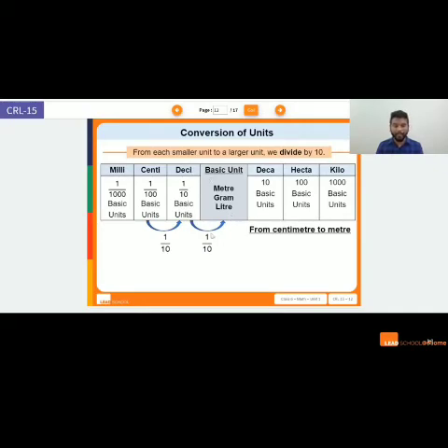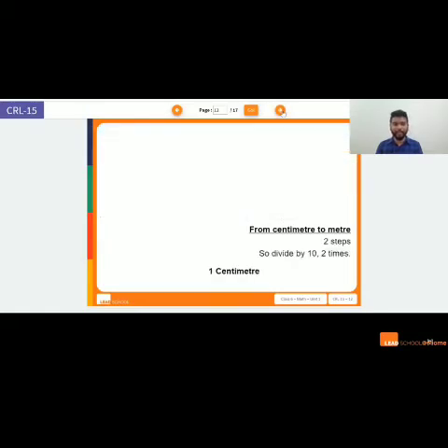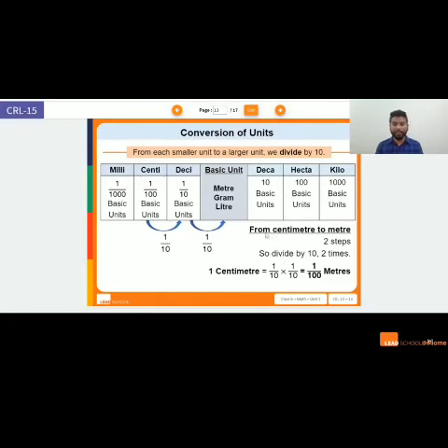If I take one basic unit, if I break it into 100 equal parts, one part of it is called 1 centi unit. If I take this 1/100th part, if I break that again into 10 small tiny pieces, then I'll have 1000 milliparts or 1000th of my basic unit. I will call that milli. Alright. So let us see how that works. From centimeter to meter, if I have to go, how many steps are there? There is one step and two steps.